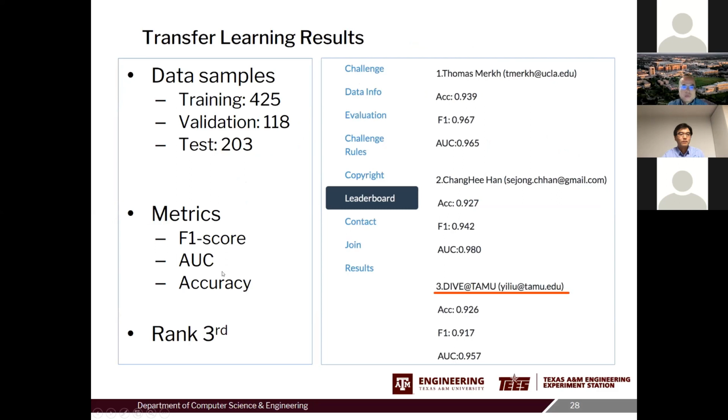One key finding we have observed is that we train our model, for example, on different CT data or even on natural images, and transfer and fine-tune the model on the challenge data. Our consistent observation is if you use attention, the model seems to be more transferable. So currently our method ranks number 3 in the challenge.